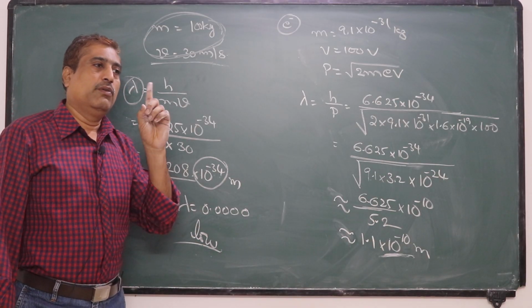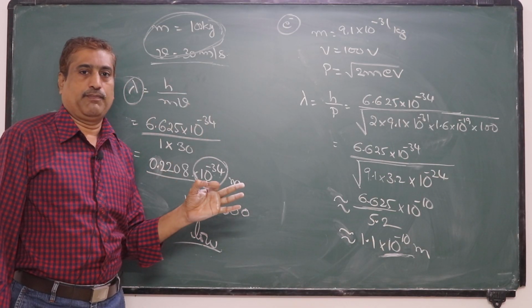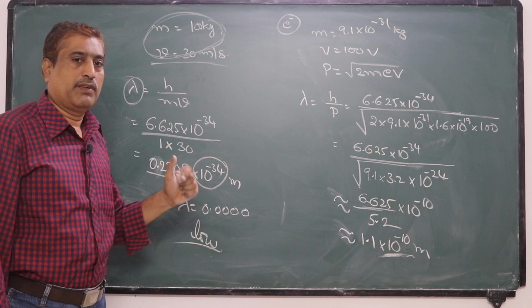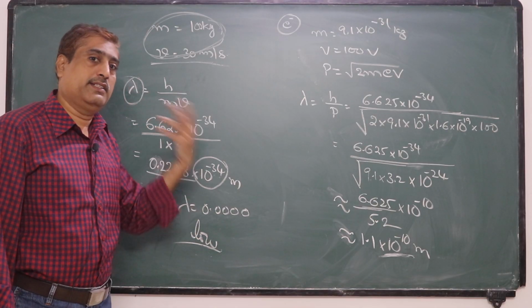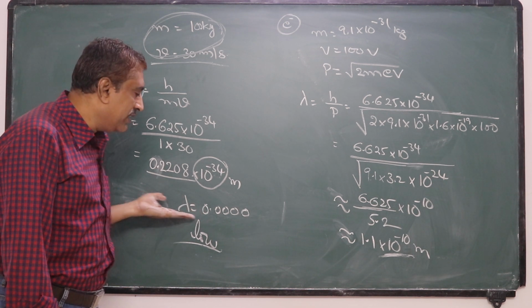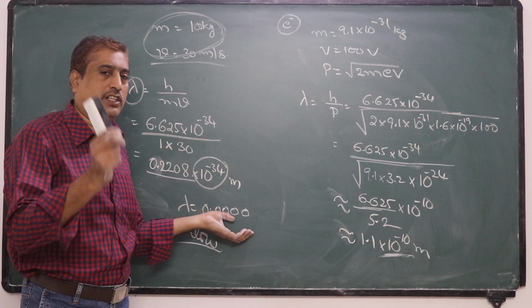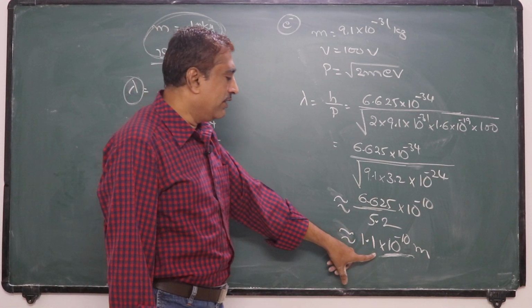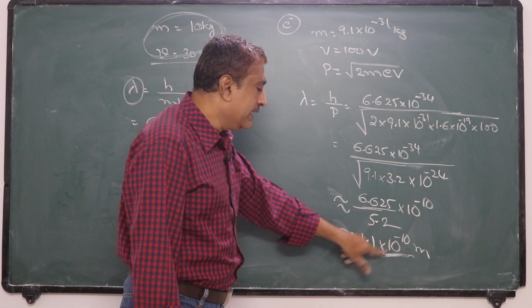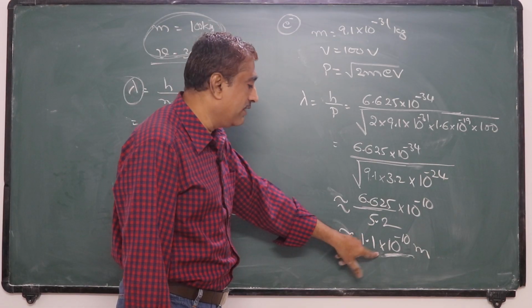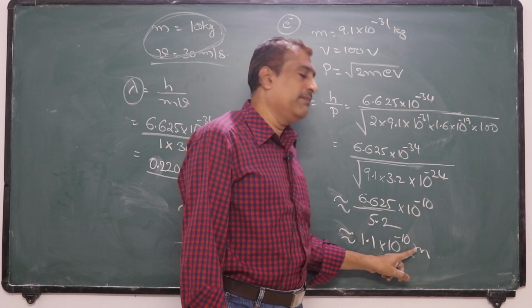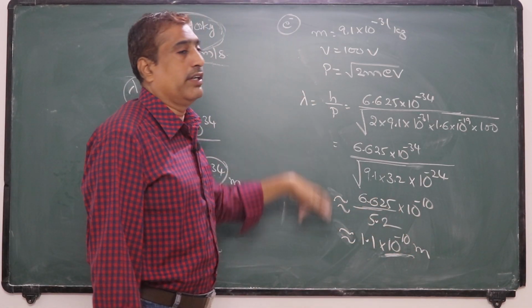So for massive or macroscopic bodies, they exhibit particle nature rather than wave nature. Their particle nature is dominant, because compared with the size of the body, the wavelength is a very small quantity. But if we consider an electron, it is significant, because with the size of the electron, this wavelength of 10 to the power minus 10 meter is comparable. In this case, it is significant.